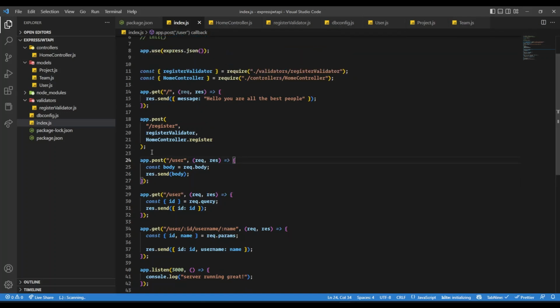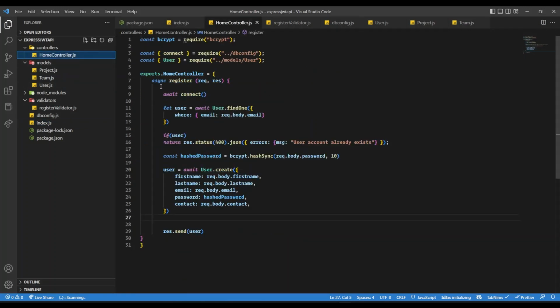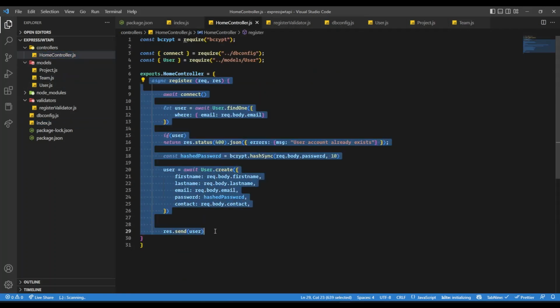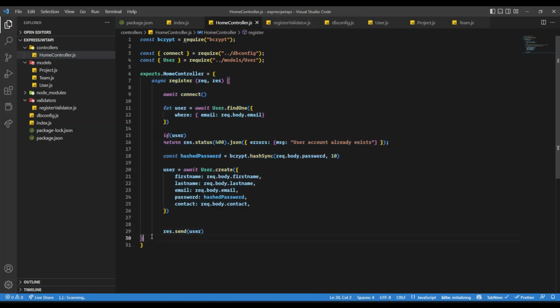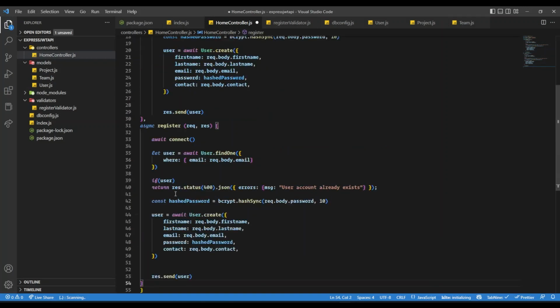Okay, in the last video, we created a route for register. Let's quickly create one for login as well, because it is related to the user. So let's create that route as well. Here, I'm just going to copy this function from here and do things differently. This is for register, I'm going to say for login,